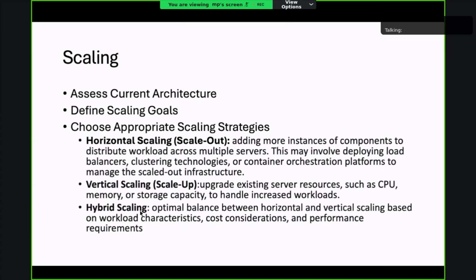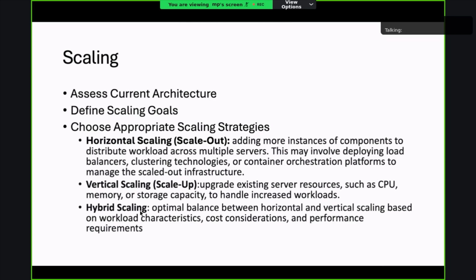In case of horizontal scaling, we have to add more instances for the components to distribute workload across multiple servers, and it can be like deploying more load balancers in between the machines, and we have to manage the scale-out infrastructure.